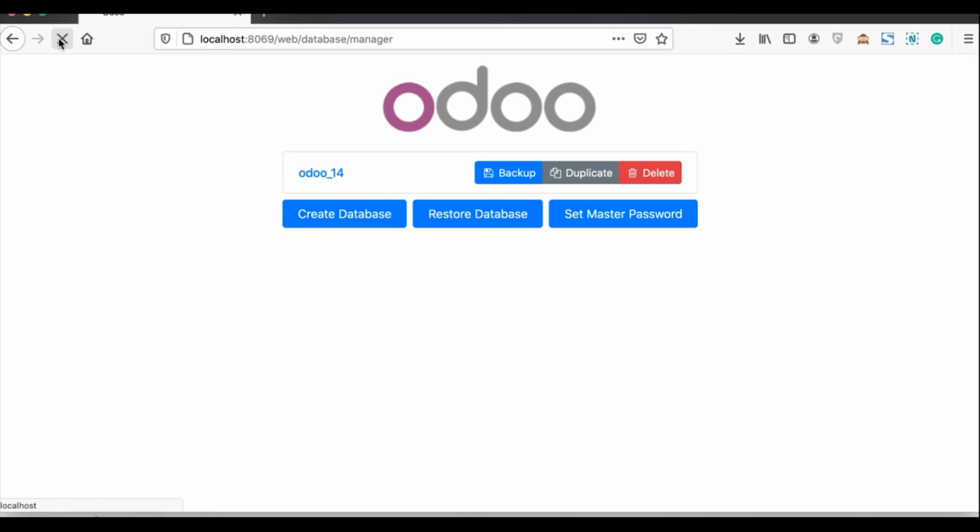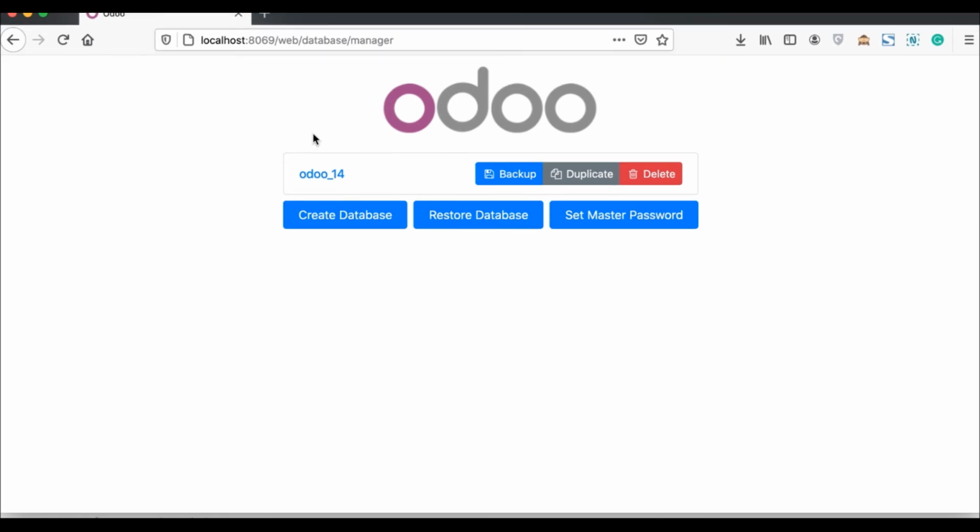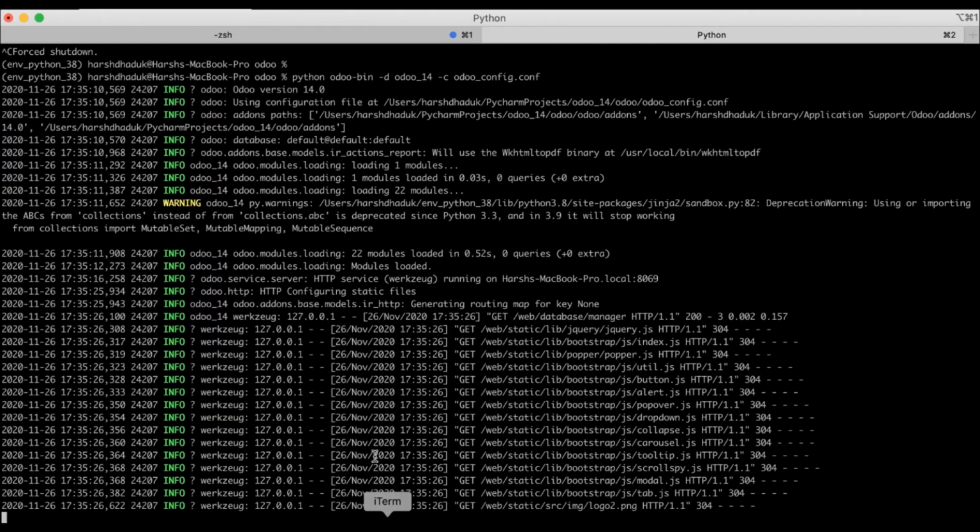If you refresh the page, it won't show that warning message, because the master password is already stored in the .odoo.rc file.